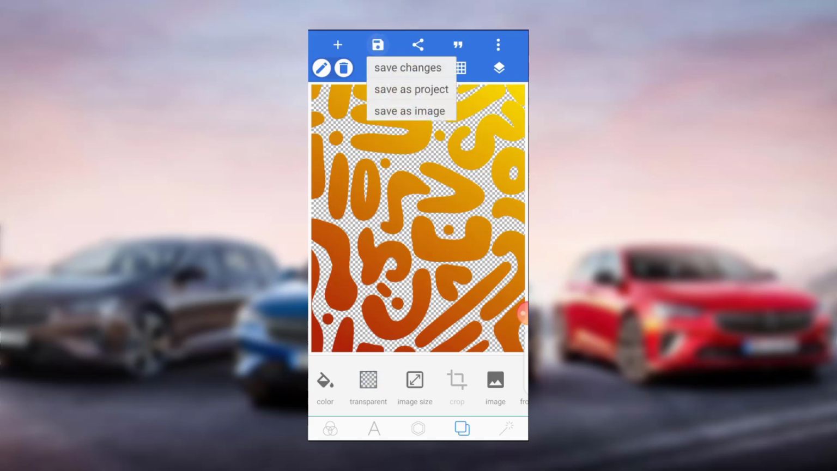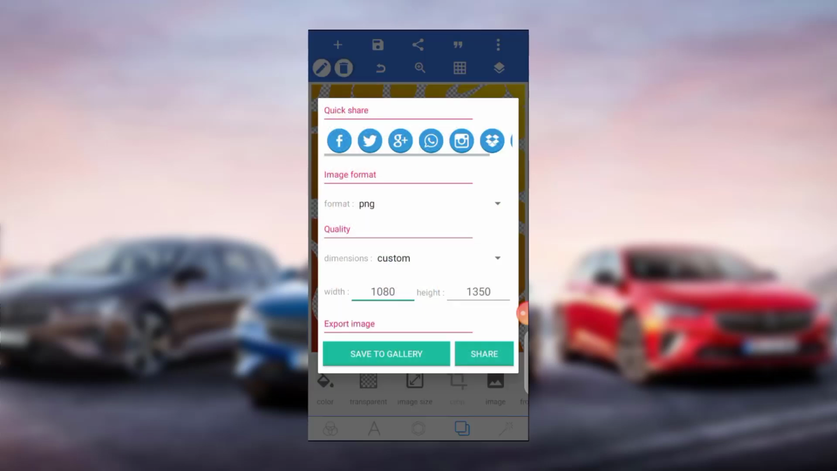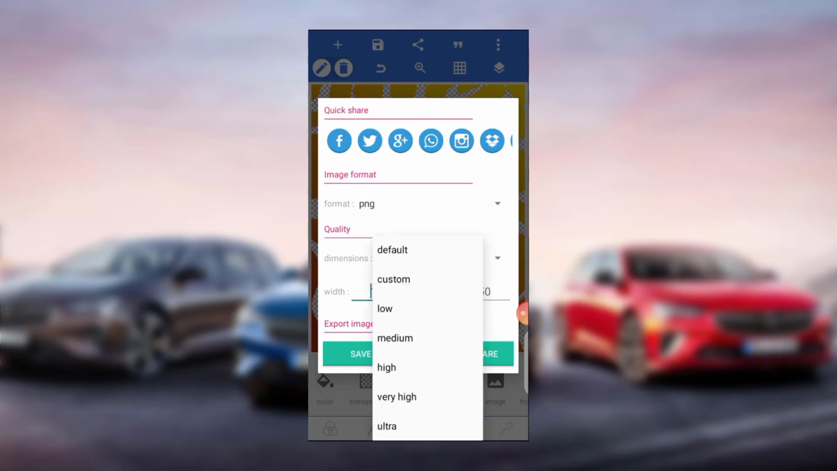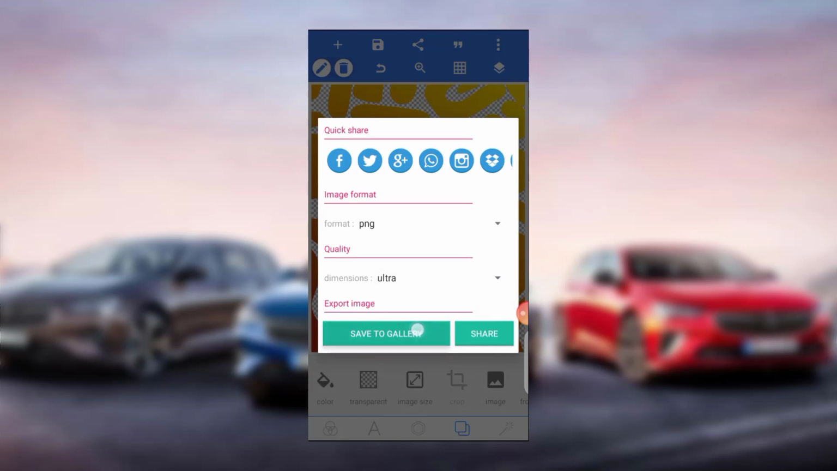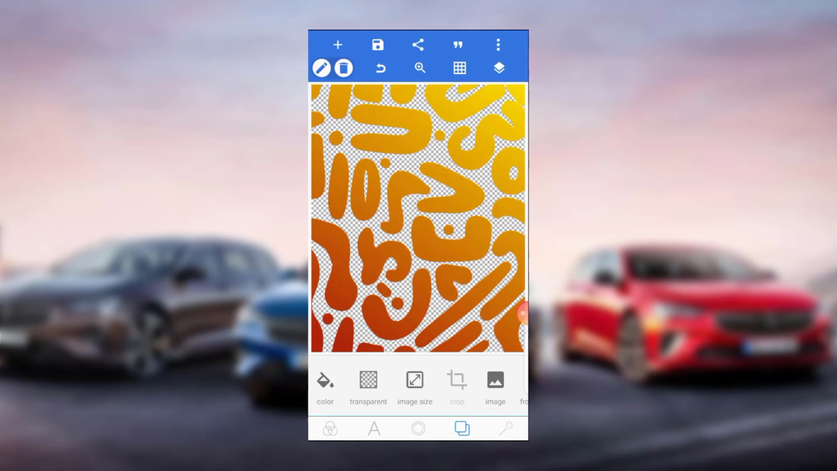So you can come here, click on image, make sure it's in PNG, and save it as ultra or whatever, and just click on save. It will be saved to your device. But however,